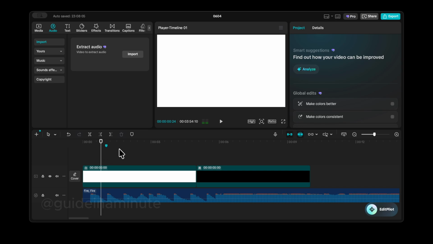Now before we continue, we're gonna have to enable this option, which is turn on auto snapping. So we're gonna have to do this for each beat change. Now you're gonna have to listen to the song and make sure you put the markers correctly,